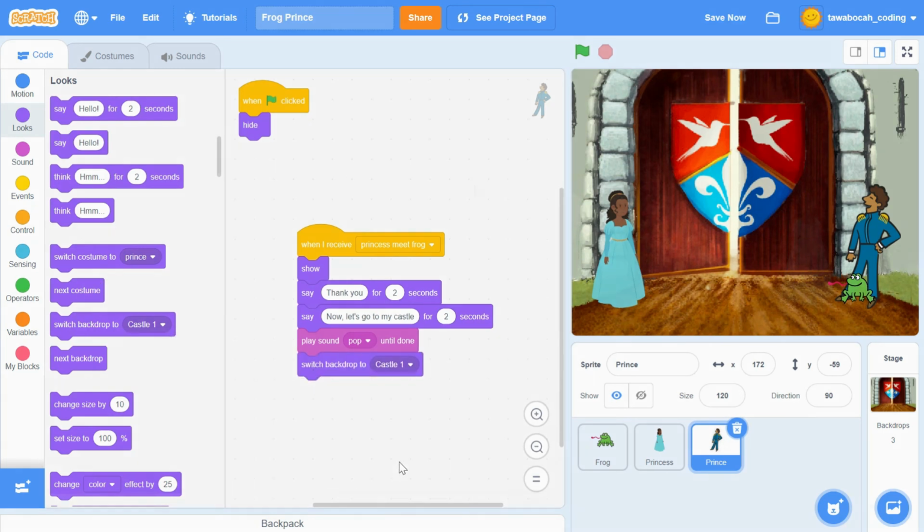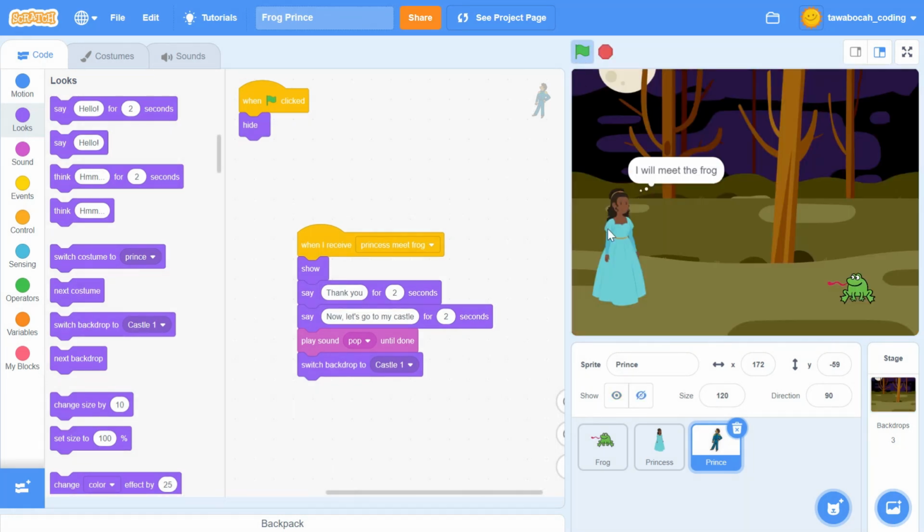Run the animation and see the magic happen.